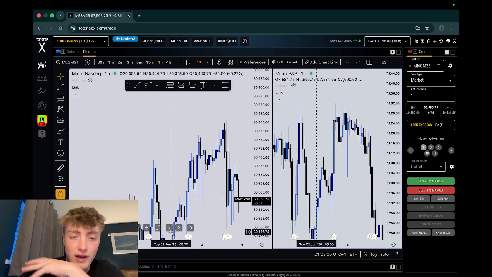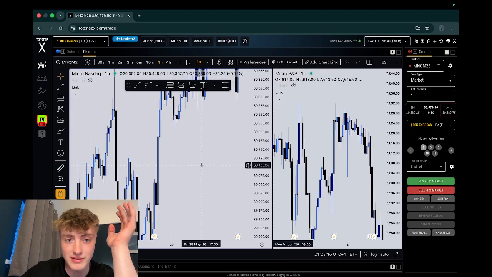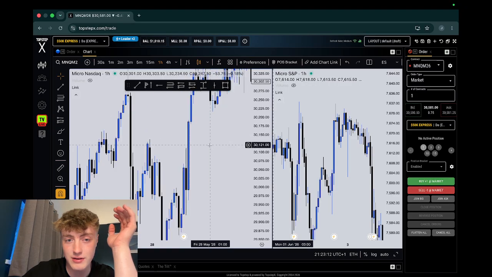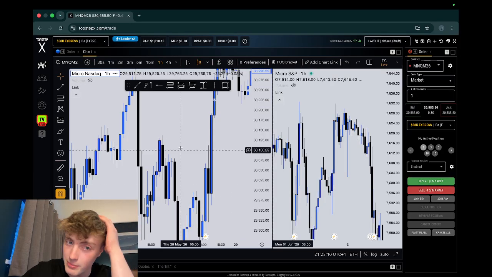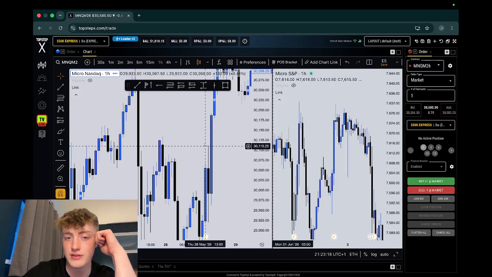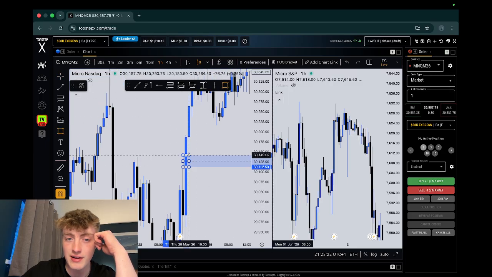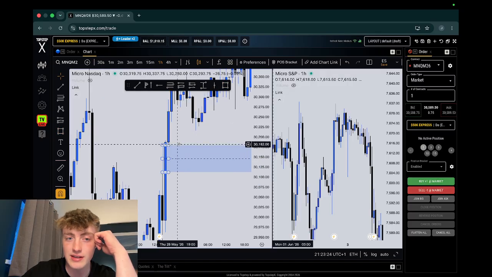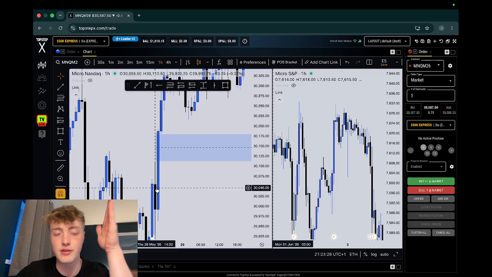Now, what is a gap? We'll get into this more in depth in a future video, but to put it simply, this candle right here that you're looking at, you've got the body of the candle, which is the thick bit, and then you've got the wick of the candle, which is the thin bit. A gap, also known as a fair value gap, is the space in between. It's a three candle pattern,